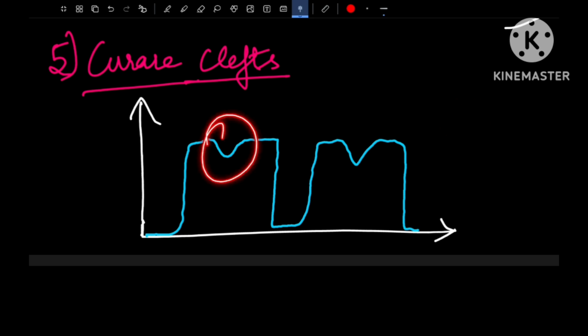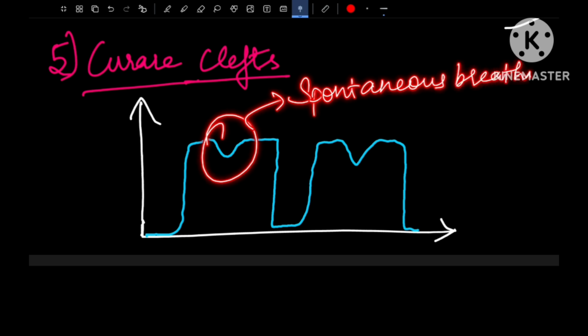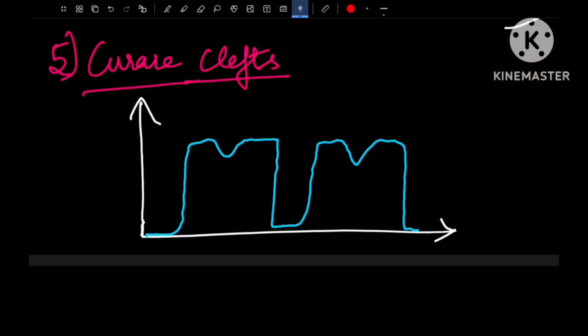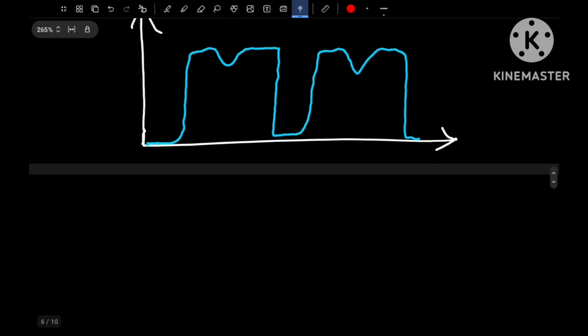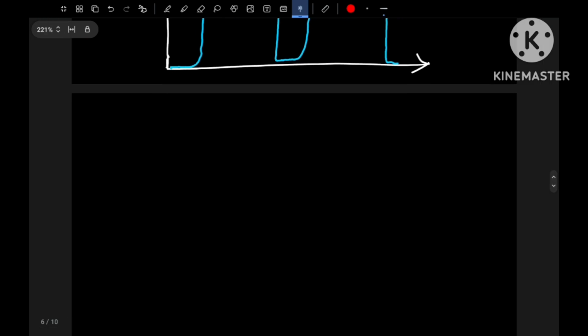So what does this dip denote? This dip denotes that there is spontaneous breathing effort by the patient, though he is under mechanical ventilation. So there is spontaneous breathing effort by the patient even when he or she is under mechanical ventilation, right? So that's what the curare cleft denotes. Next,